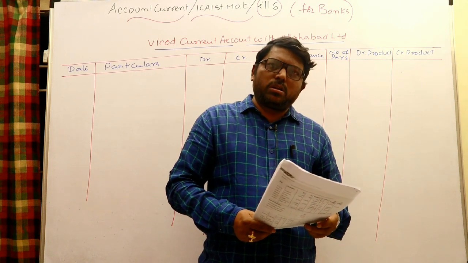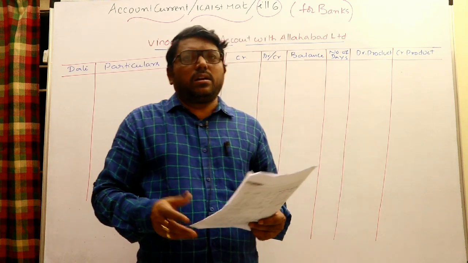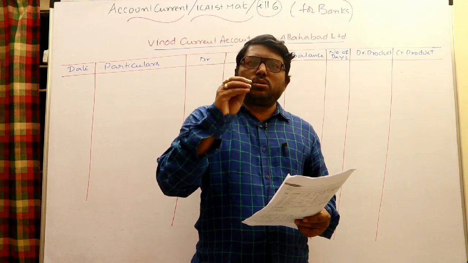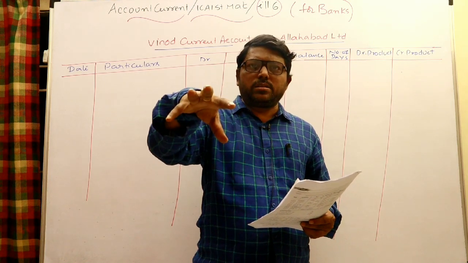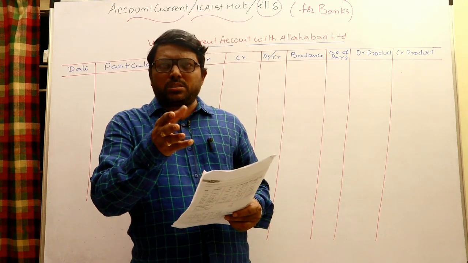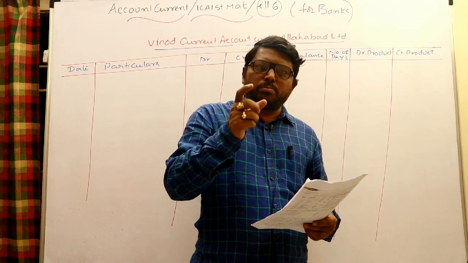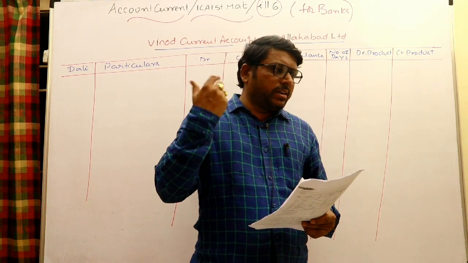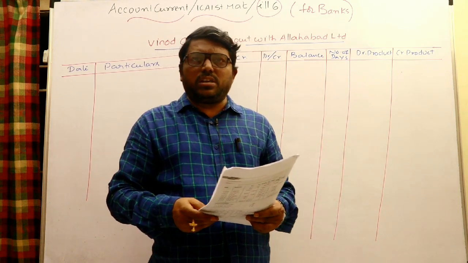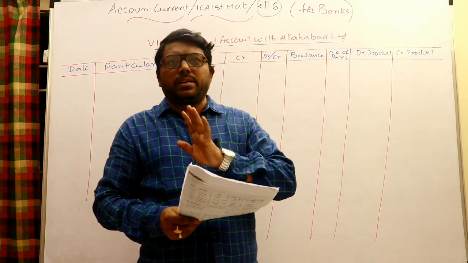In a normal account current, when transactions take place between two parties, both agree on the same kind of interest, but here it is not like that. For credit products, in the sense that you have a balance in the bank, they will offer a low rate of interest. In the case of debit products like overdrafts, they will charge a higher rate of interest. So you can't apply a rate directly on the balance of products here. You have to calculate the debit products interest and the credit products interest separately.